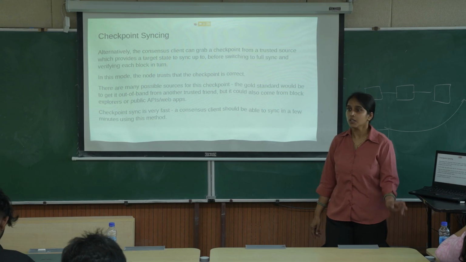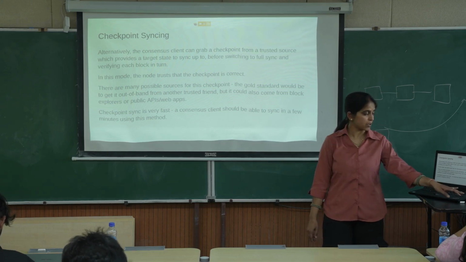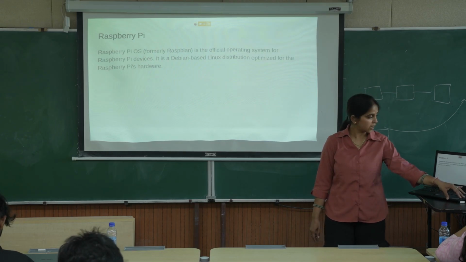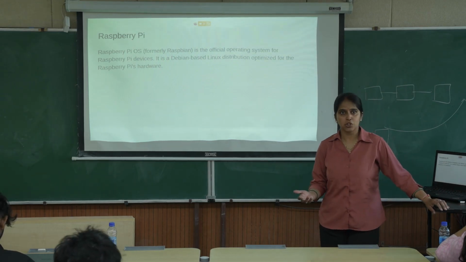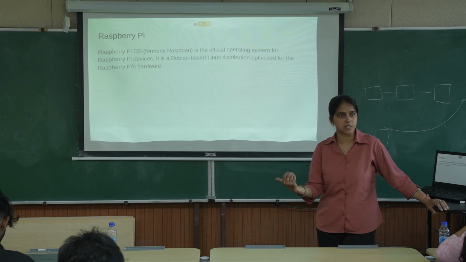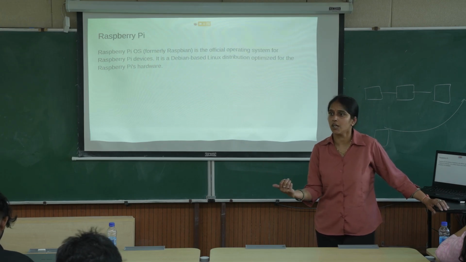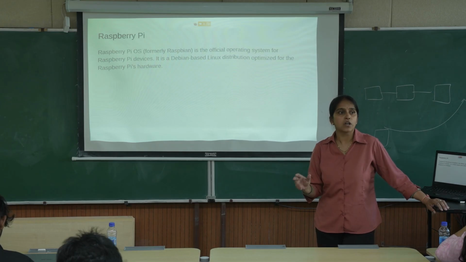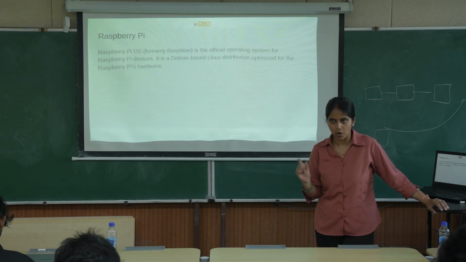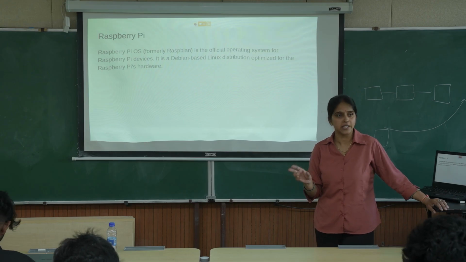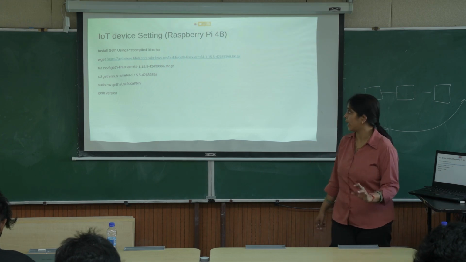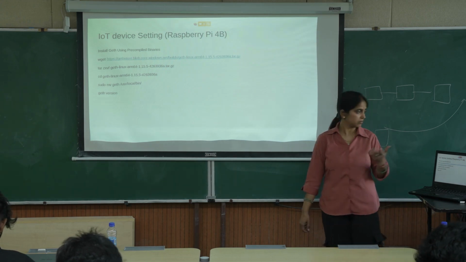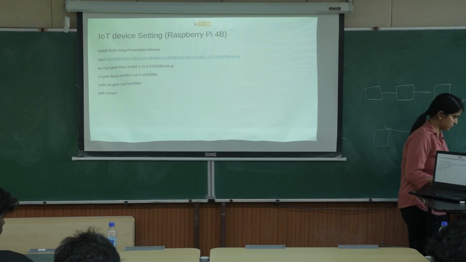Clear up to here? Now we will create our private blockchain. We can do our private blockchain with our system. You can use all of your systems and connect them in a blockchain, or we can use our edge devices also as a blockchain node, sorry, as an Ethereum node. For that, you will require the Raspberry Pi that we have.